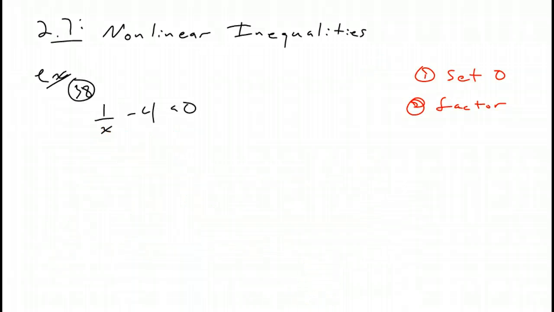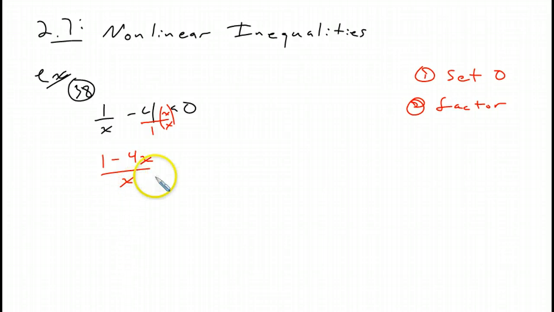Here's another example. This one is already set to 0. I can't really factor anything, and I have a fraction minus a whole number. Well, in order to do a fraction minus something, I need to have the same denominator. Right now I have an x and a 1, so to make this the same, if I multiply my 4 by x over x, then this will be 1 minus 4x over x, since they have the same denominator,